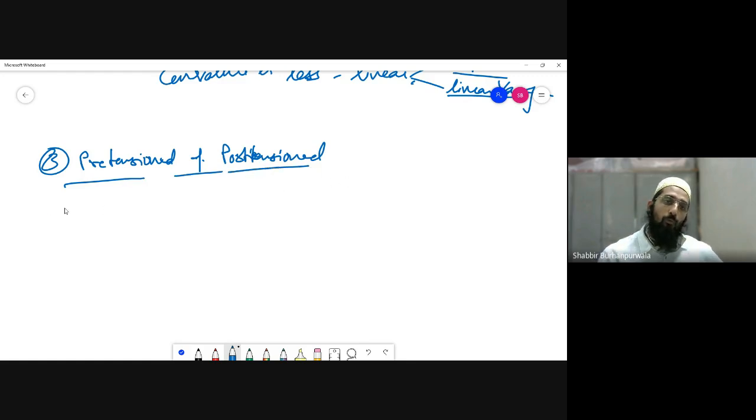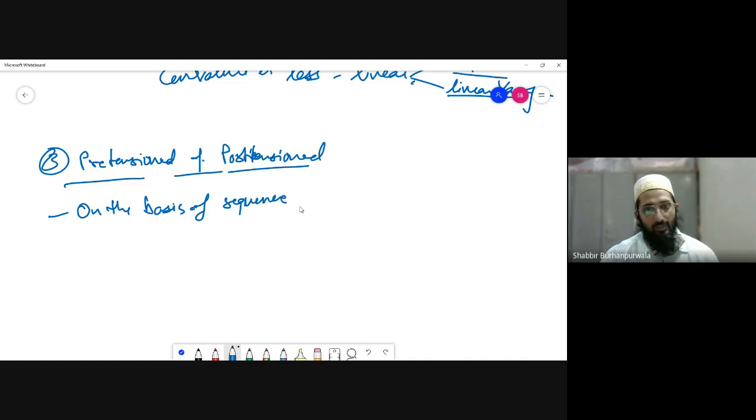So on the basis of sequence of concrete and steel operations, on the basis first, कैसे पता चलेगा कि pre-tension है कि post-tension है? On the basis of sequence of concrete and steel